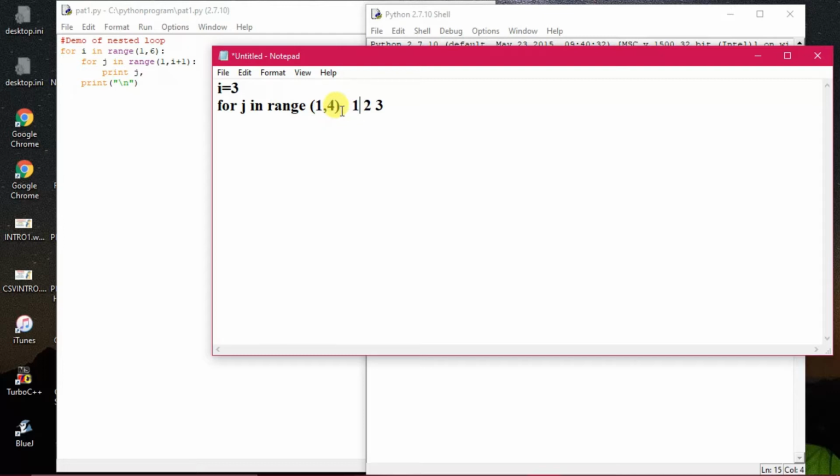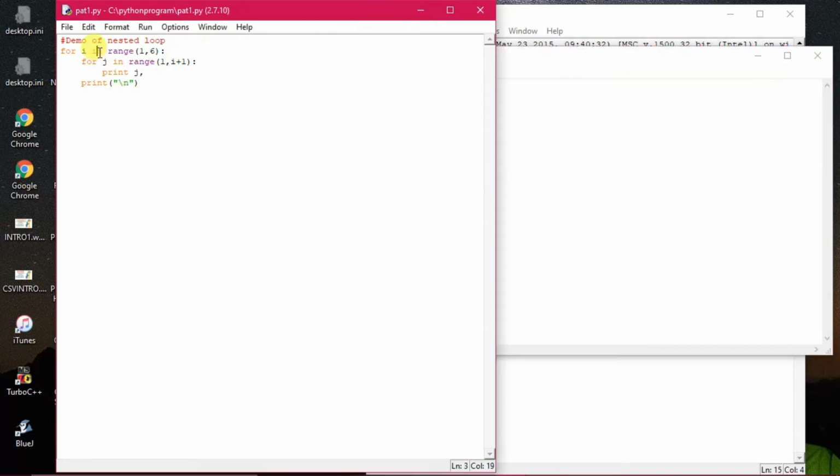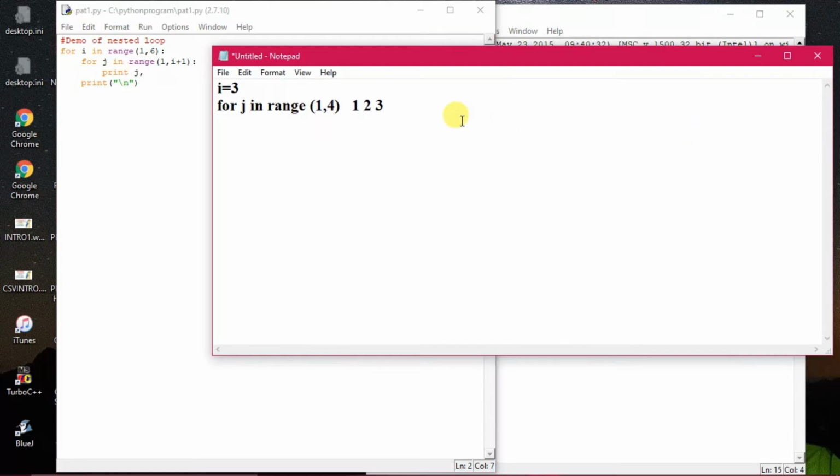Okay, second time it will run, and when the value of j is 3, also it is running. But when the value of j is becoming 4, then what is happening? It is coming out of the loop. Then where does it go? It will go back to the first loop once again. So from there it will take another value, because i will become, next time, how much? 4. So 4 plus 1, it will become 5. Then what is happening?